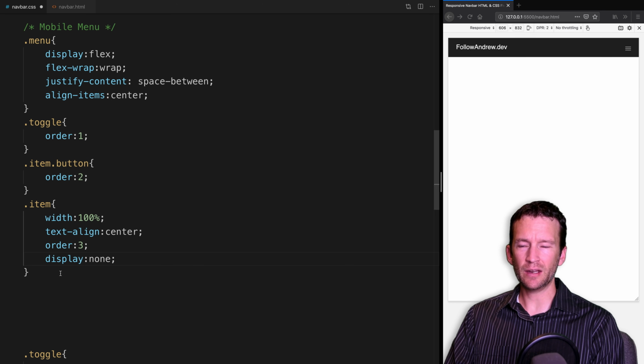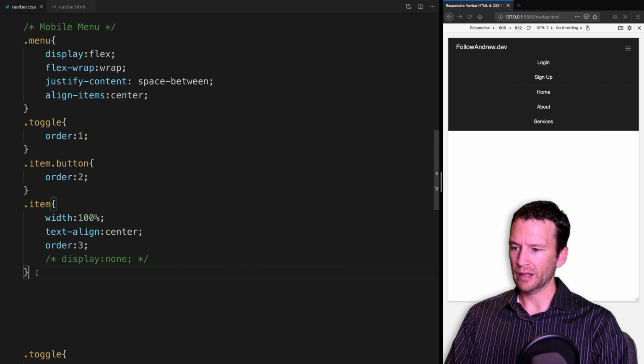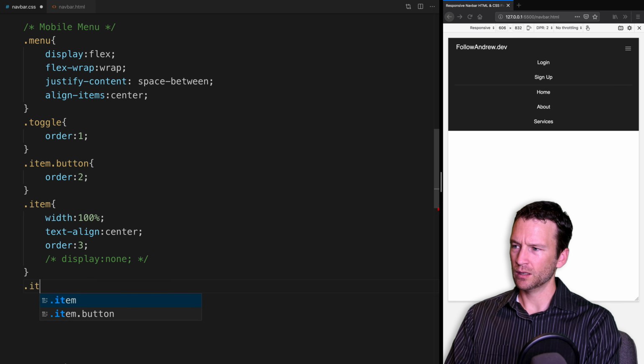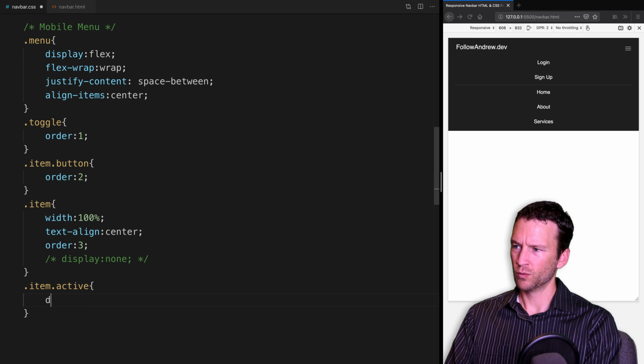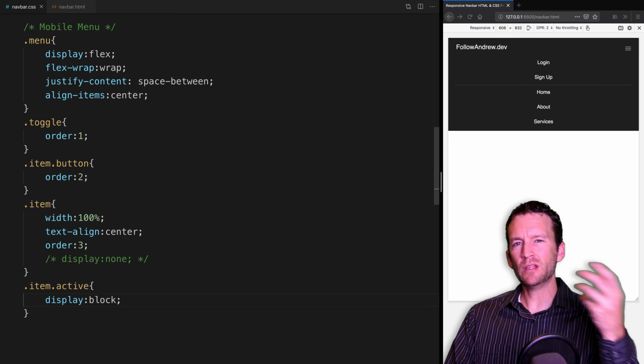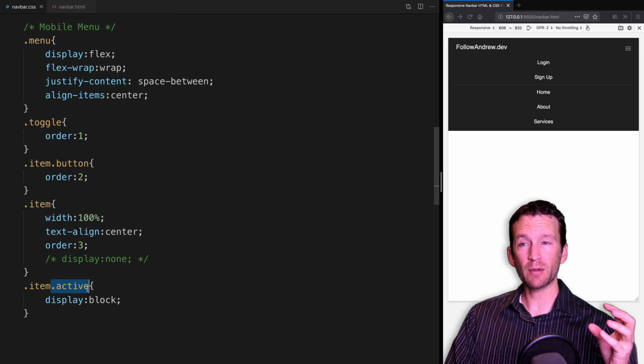So I'm just going to invalidate this rule here for a second so that we can see this menu while I also add this last one here, dot item dot active. We're going to set to display of block. What we're going to be doing in the end in JavaScript is adding this active class dynamically